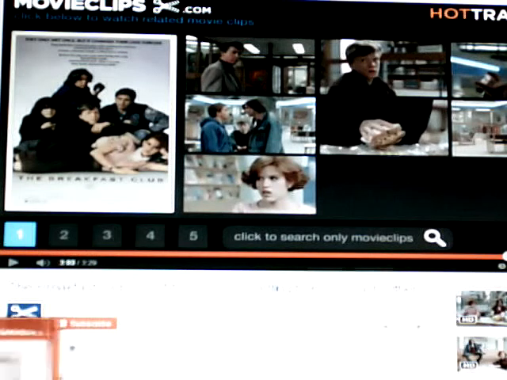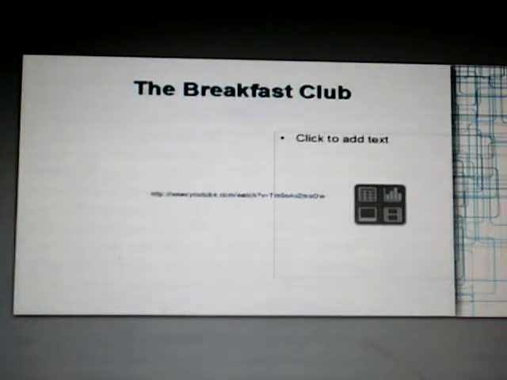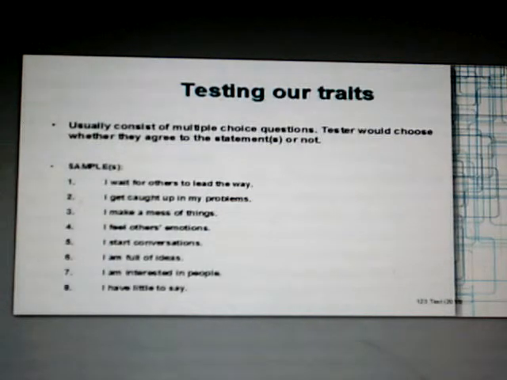Okay, if you were to watch the whole movie, I'm sure you can see how Ocean relates to their personalities a lot more than that short clip did. But moving on,